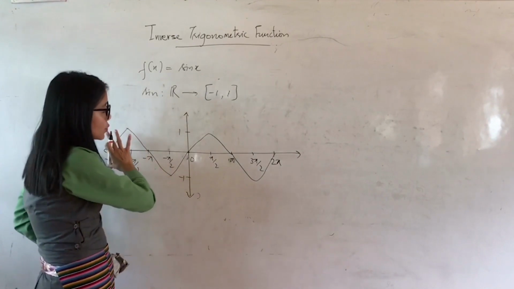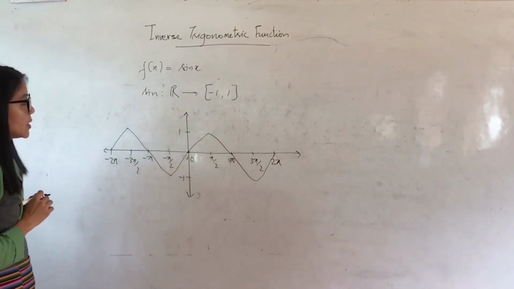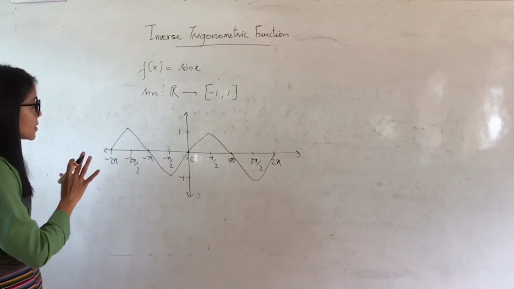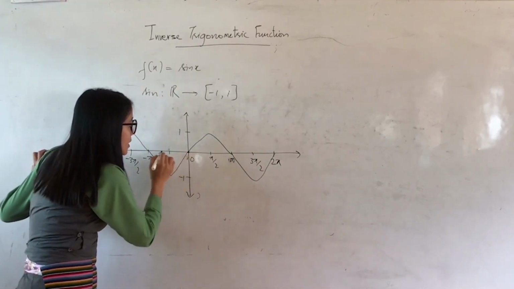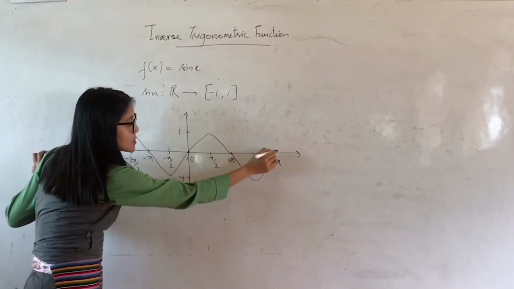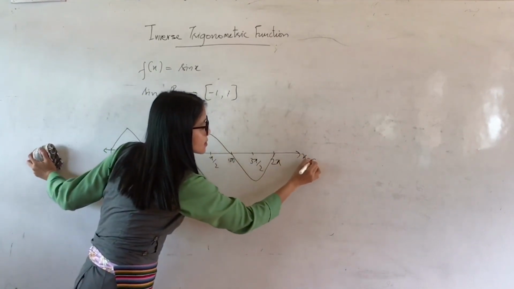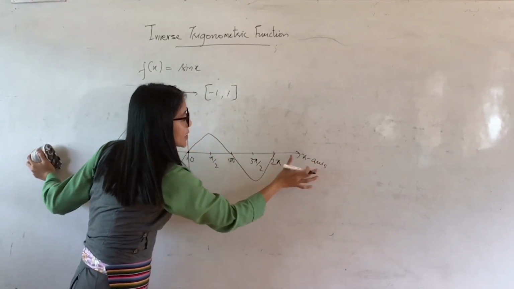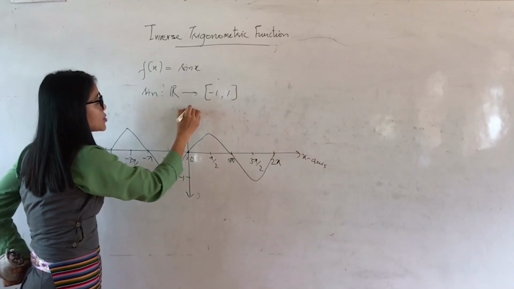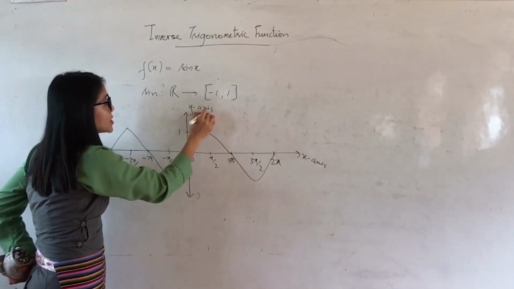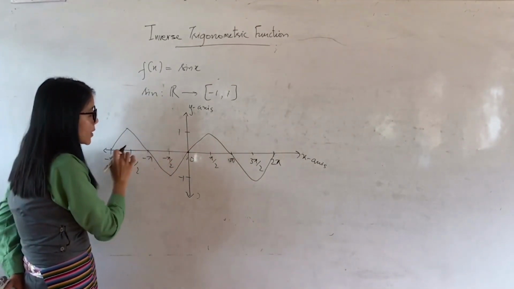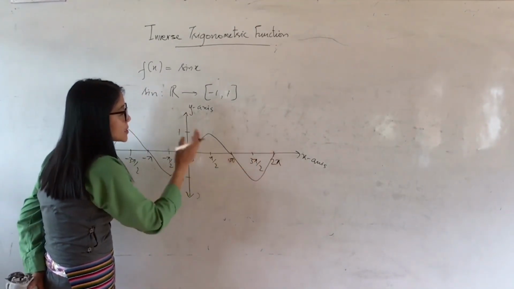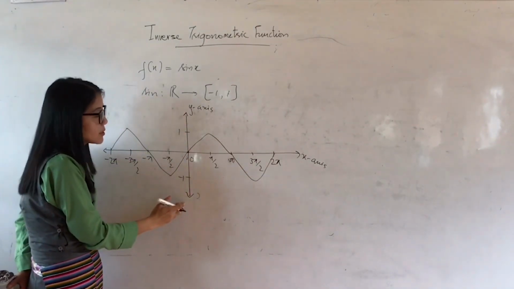Okay, now you look at this graph and try to observe this function. Now what do I have here? This is my set of all real numbers. This is the domain. X-axis, generally we don't see the x-axis when we consider trigonometric functions. We see domain and range, but anyhow, for your understanding, I'm just writing it here. So the domain is always shown on the x-axis, the range is shown on the y-axis, okay?